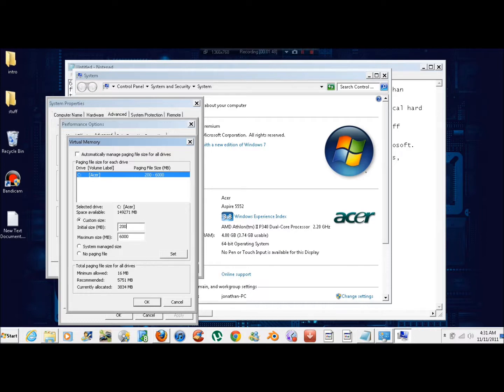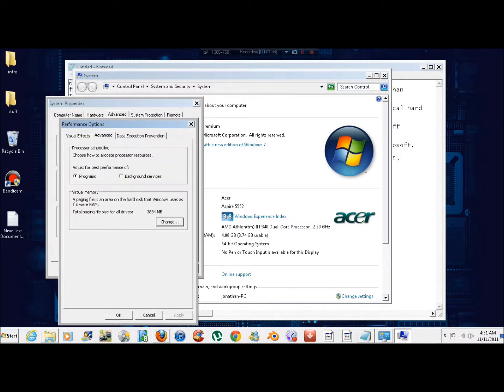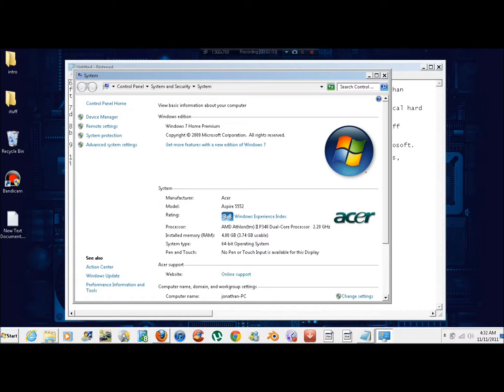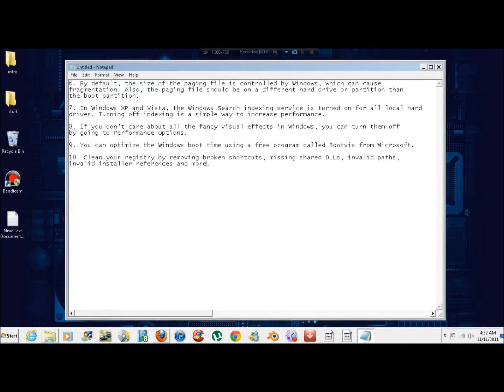When your actual physical RAM gets low, that'll act as a backup to make your computer a little bit faster. So yeah. So now we're gonna hit OK, get out of there, close that out. Now if you don't care about all the fancy visual effects in Windows, you can turn them off by going to performance options. So what we're gonna do, the same shortcut, Win Pause Break,